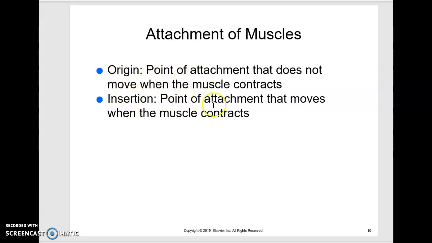Now there are exceptions to the rule, like most things, and we'll see them when we start looking at some of the trunk musculature, particularly the abdominals and the obliques. We run into cases where the origin is actually more distal and it moves more proximal. We will also see this in some of the lumbar muscles. We'll talk about the lumbar muscles as a group, but in general, their origin is more towards the pelvis, and as they move superior, it's more distal. And how that comes about is the fact that